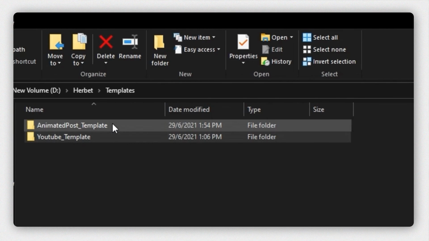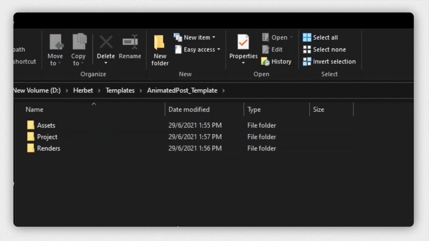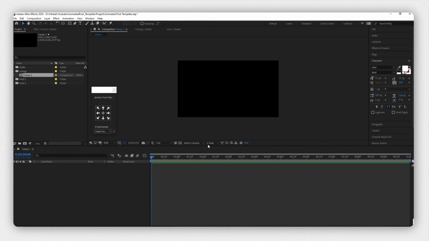The next template would be for After Effects. Okay, so when I use After Effects, it's mainly for doing some animations and some motion graphics. I usually do multiple posts with the same elements, for example. So this is a template I made for that purpose. Everything is basically the same as the previous one for Premiere Pro. So let's just jump into After Effects. Here is another template I made for After Effects with the same file structure, and I've just added one more folder for compositions. So all your compositions could go in there and all your files would be sorted.